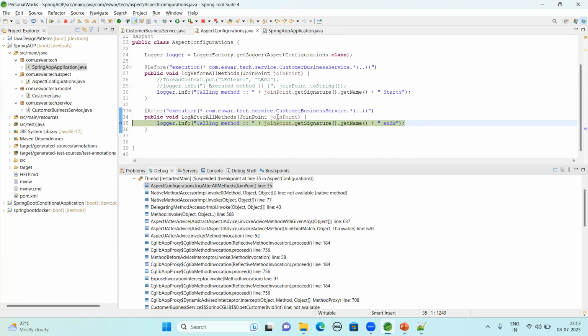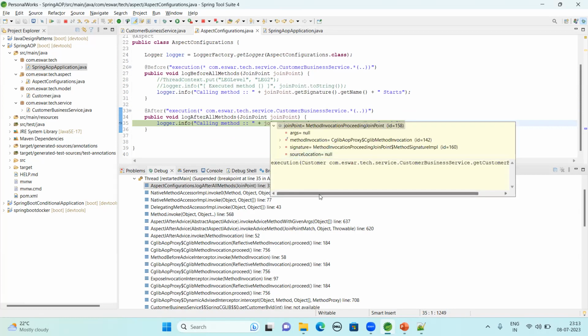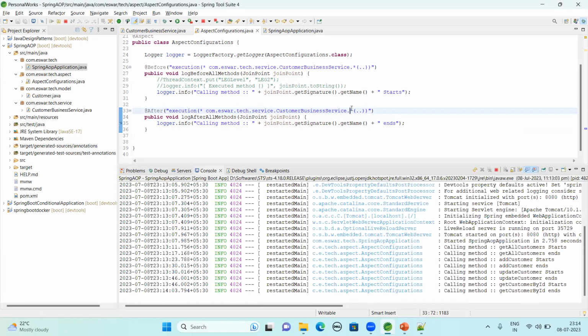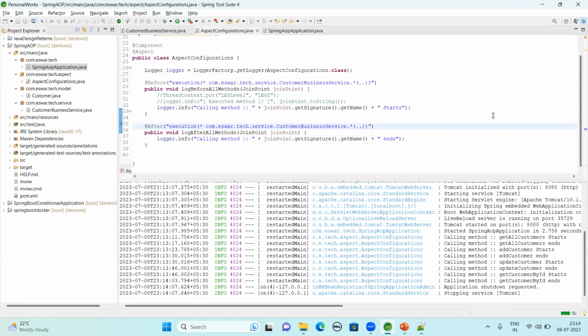Now see this join point part. Now here, see get customer by ID. See, this is how the before and after advice gets called. Now,